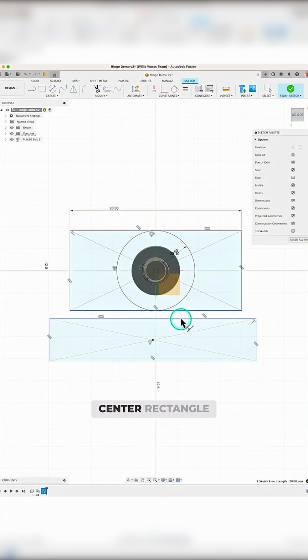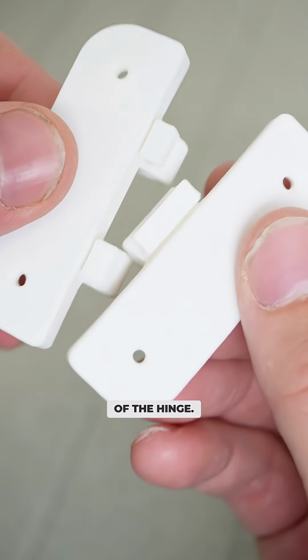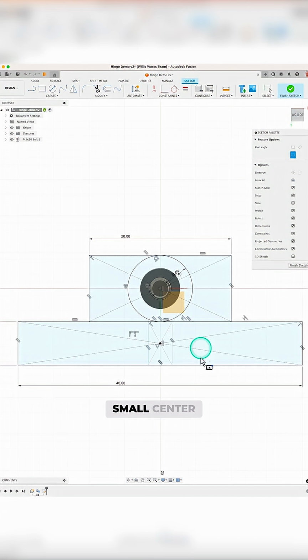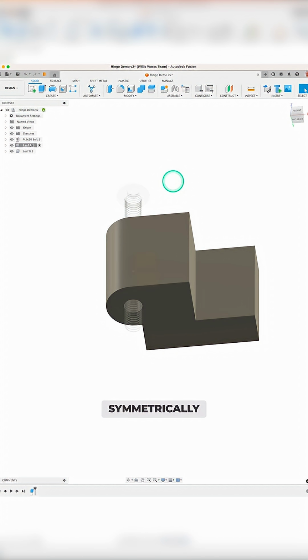Next, I used a large center rectangle below the knuckle to create the main profile for the leaf, which is the flat part of the hinge. I also added a little gap that separates the two sides of the hinge using a small center rectangle like this. After the main sketch was done, I created two leaf components, and then I extruded the first knuckle symmetrically